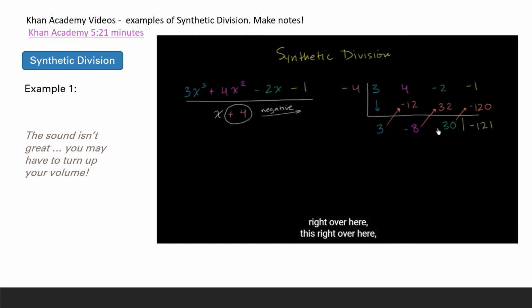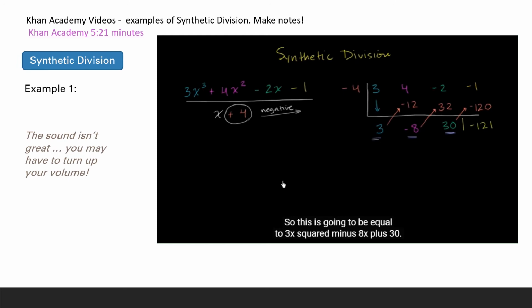This right over here is going to be the constant term. You could think of it as a degree 0 term. This is going to be an x term, and this is going to be an x squared term. You can kind of just build up from here, saying this first one's going to be constant, then an x term, then an x squared. If we had more, you'd have an x to the third, an x to the fourth, and so forth. So this is going to be equal to,